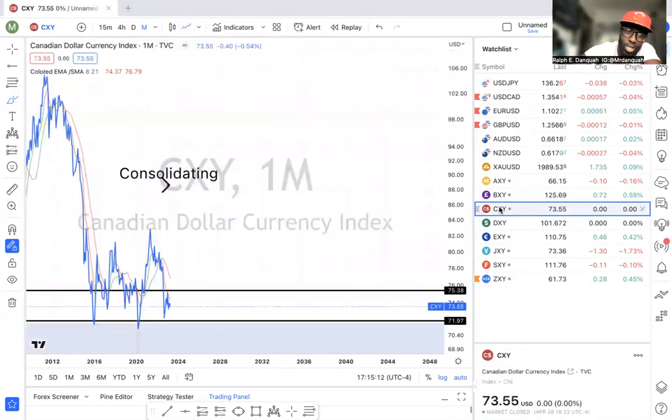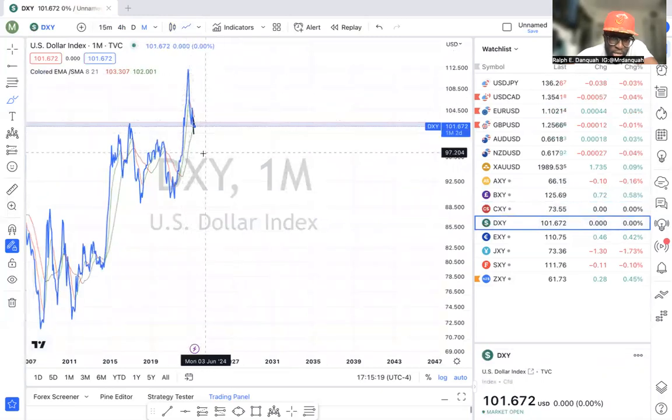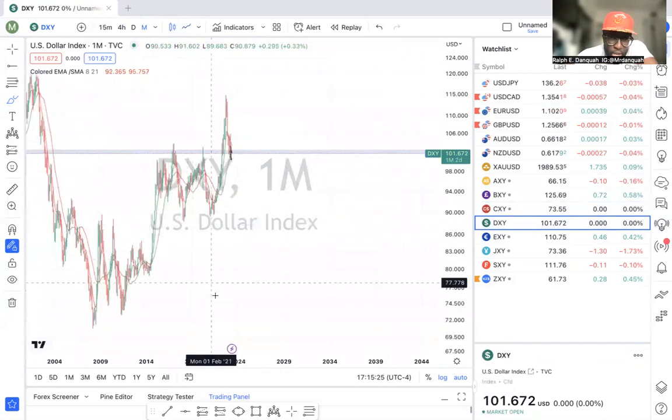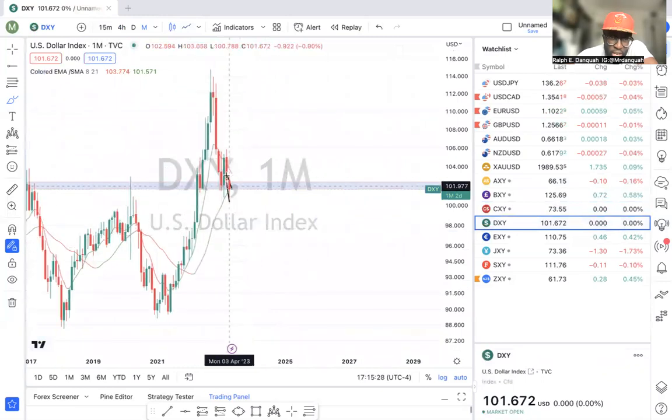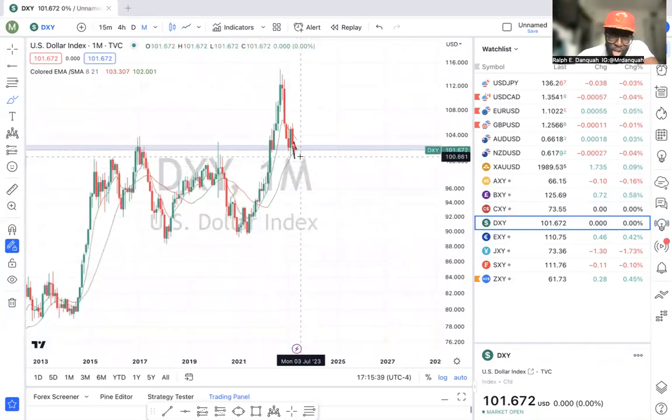Canadian dollar is still consolidating, ugly. The US dollar looks like a possible... it's a bearish market, right? Well, a bearish market for the past few months, but bullish overall, right? So we're looking to see if it's going to break. And I'll show you guys on a smaller time frame, right? I have these lines here for a reason, right? So it looks like it's pushing down. Right? We see the EMA, SMA looking like it wants to cross. But if it does cross, right, starting in May, right, we have all of this to play with, right? That means we can have a lot of